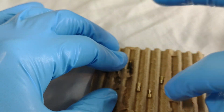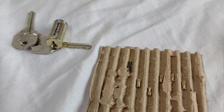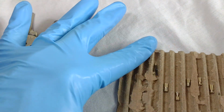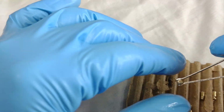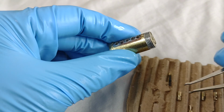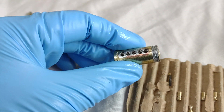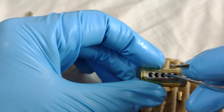Now, these pins could be better, especially this first one. But I'll show you the bottom pins real quick, and then we'll take a look at the top ones. But what I'm kind of wondering right now is, this actually isn't the original core. I switched out with one from,